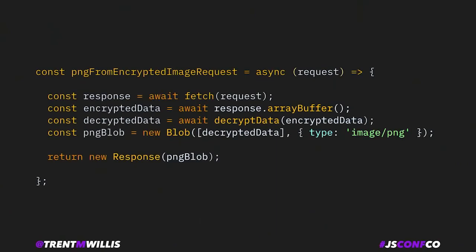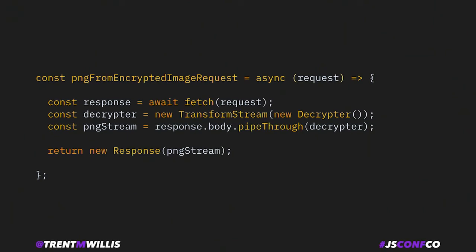If we jump back to our polyfill function, we can start by changing a couple lines here, so that instead of returning a PNG blob, we're actually returning a PNG stream. Let's walk through this code. So as before, we start by requesting the encrypted data. But then we want to construct a transform stream object that's taking as its argument a decrypter object, which we'll implement in a moment. We can then take the response body from our fetch request and pipe it through that